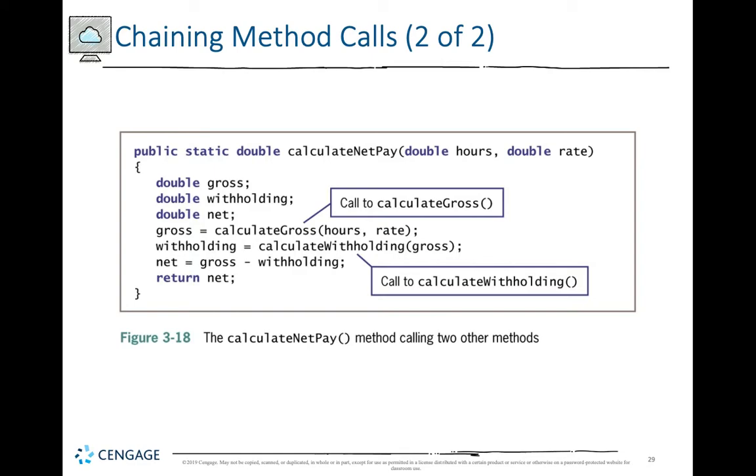You'll end up owing your company. And then, of course, we see at the bottom that the value being returned, net, is a double, and of course it matches the declaration of the method up here. Now, this is something that you could do. You don't necessarily have to put net. You could put the return right here on this line without the net variable, and it will assign the